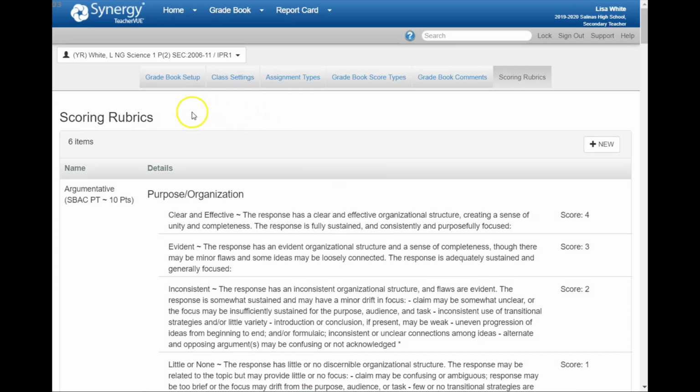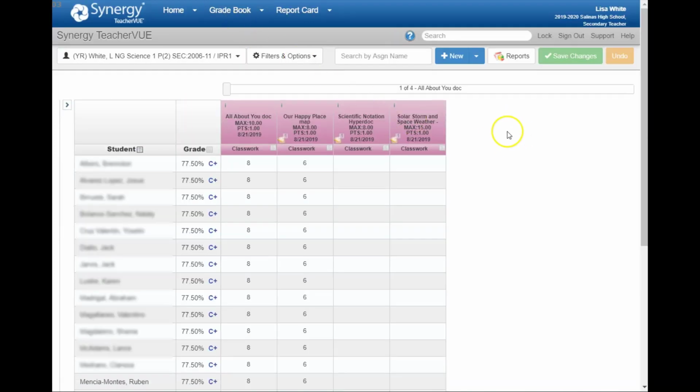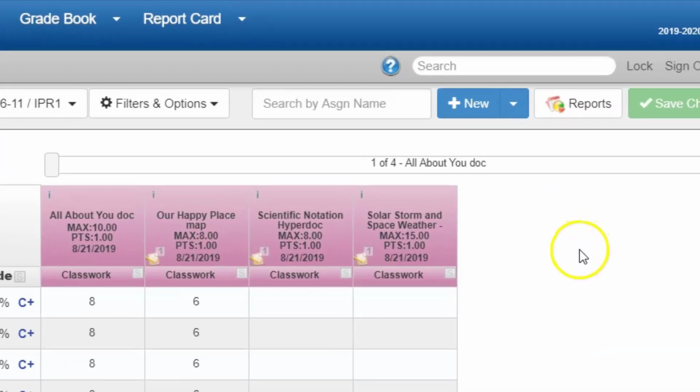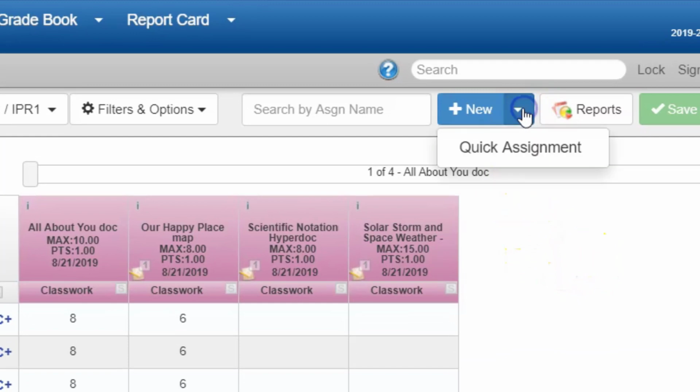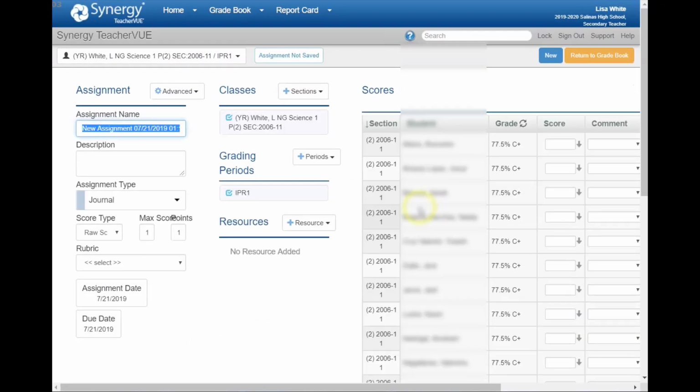Once you have your gradebook set up, then you can go to your gradebook and you can start to create your assignments as usual in the past. I prefer to use the quick assignment because it gives me a lot of information in one screen. So if I do a quick assignment, notice that it defaults to the basic progress report because of the